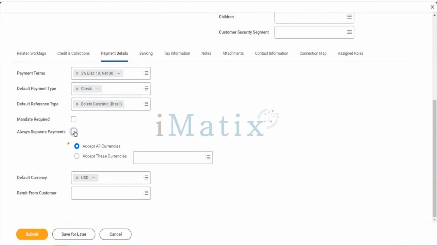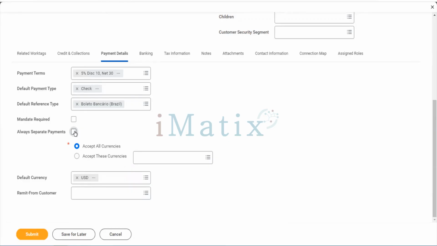We want a separate payment for each invoice. We'll tell the customer, don't club our payments into a single check or EFT transfer to our account. Please send 10 different checks to us. We can match each with its corresponding invoice and do the reconciliation clearly with this option.